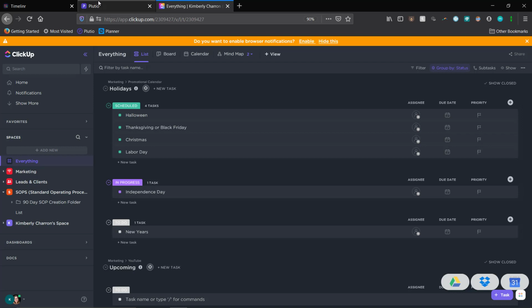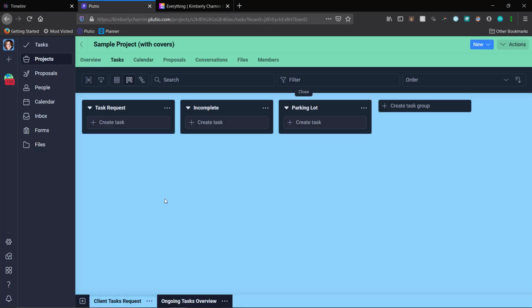So moving on to Plutio. You can see I color-coded things here. I'm also using dark mode in Plutio, but you don't have to. You can switch it so it's brighter. But again, I like dark mode on my eyes. So here's just kind of a sample project, like if you're working with a client